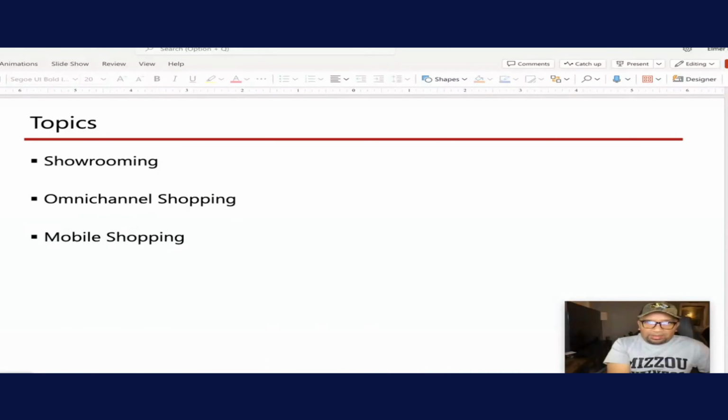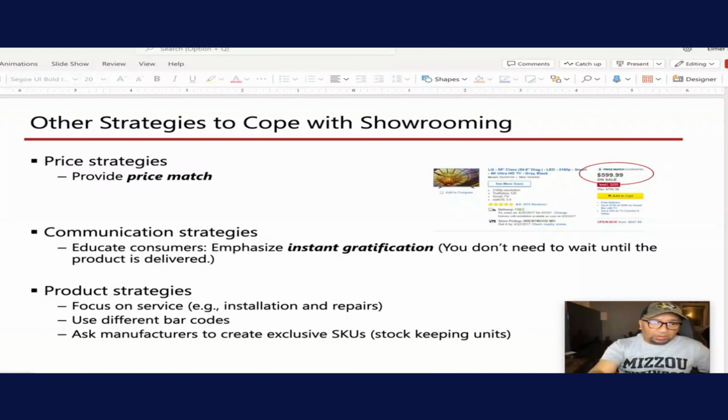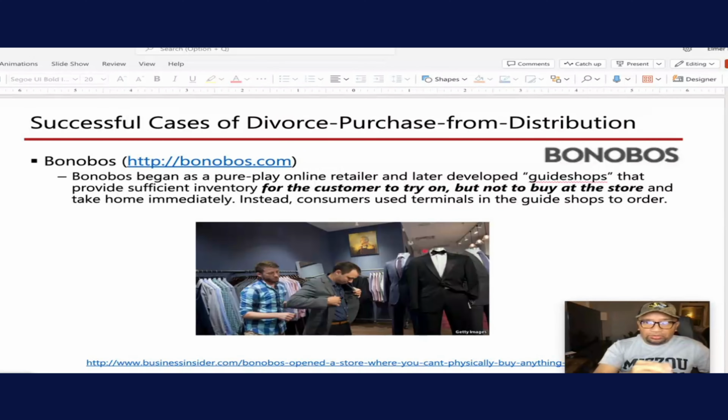Now let's get to the topics that I have on here: showrooming, omnichannel shopping, and mobile shopping. And I put a lot of information in each slide. And then for some of them, there are going to be links and references that you could use to refer to these items if you want to learn more about them. So that's one approach that you can take. Let me go back to